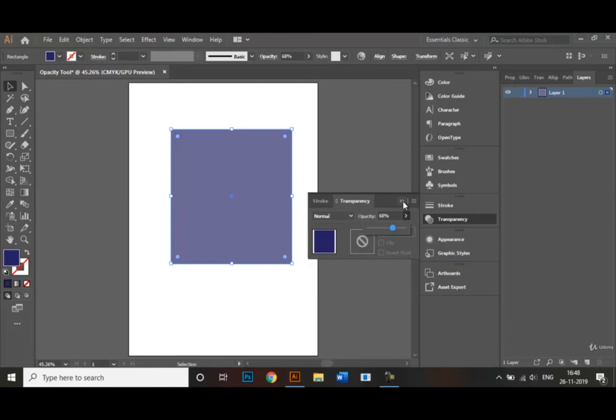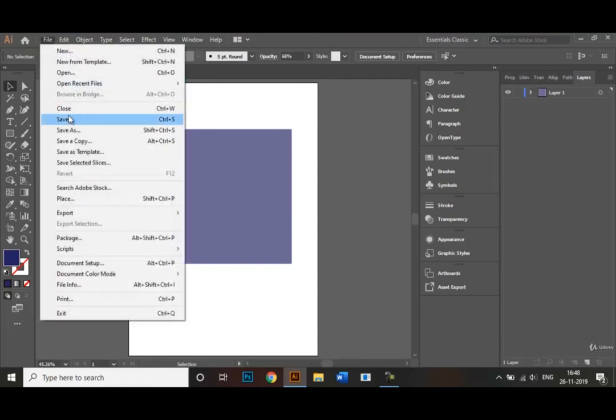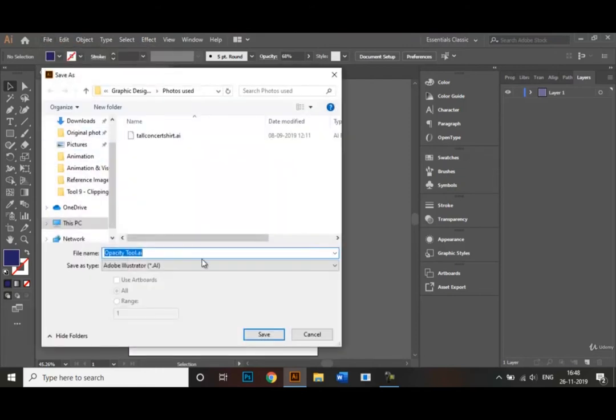And that's it. So now let's also save our document by going to the file option and clicking on save as. By default, our document will be saved as an Adobe Illustrator file, and I highly recommend that you first save your document in this format, so that in case you have to make any changes in your document, you can always access the original document in the Adobe Illustrator file.